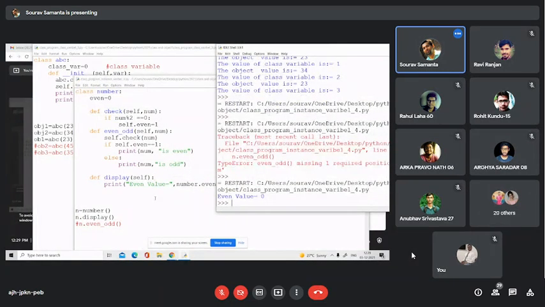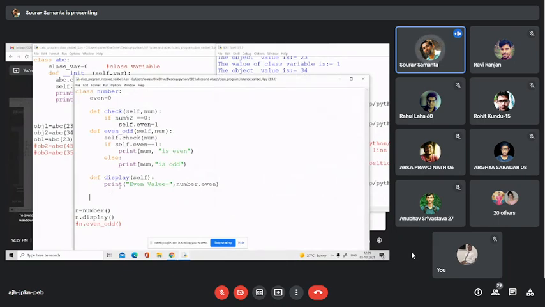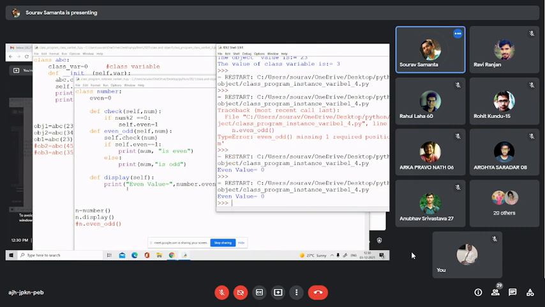I have created another function that basically prints the value number.even. Okay, number.even. I have specified the class name, number.even. So you see, n equals number. I have not defined any number, I have just created the object. I have not passed the value, I have not initialized the value. So the default value is even equal to 0.